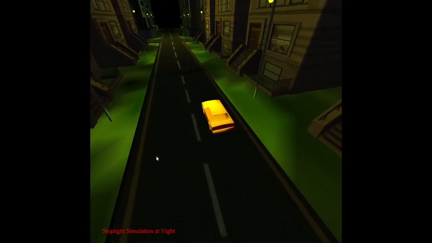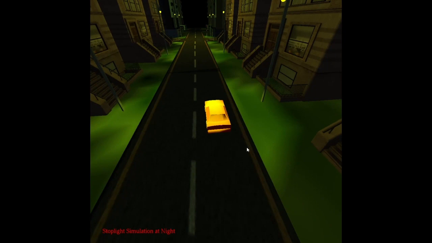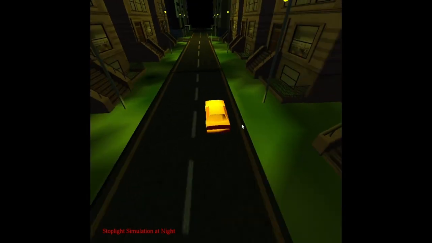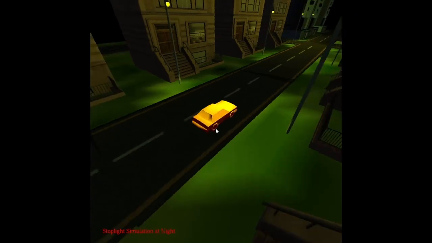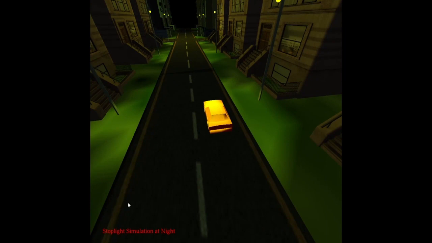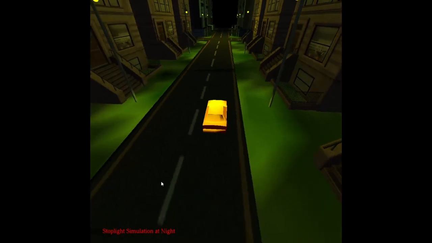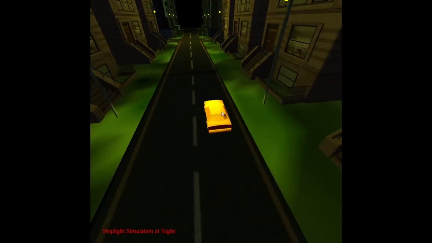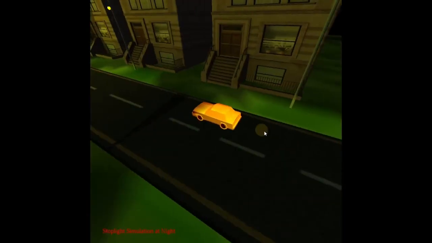Everything in the scene has a material, such that the light will reflect off of the material properly. You can see the street lights are actually spotlights that light up a particular area that is around. So if I move away from this street light, you can see the light is gradually fading